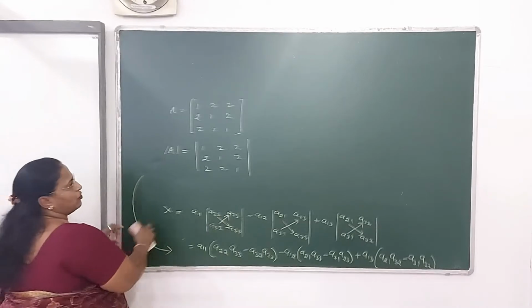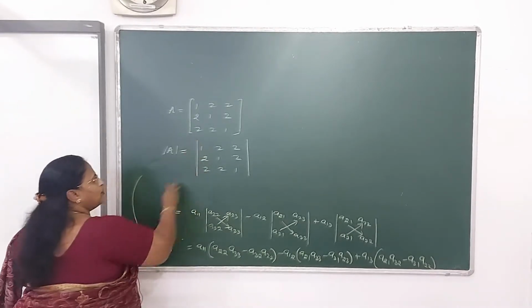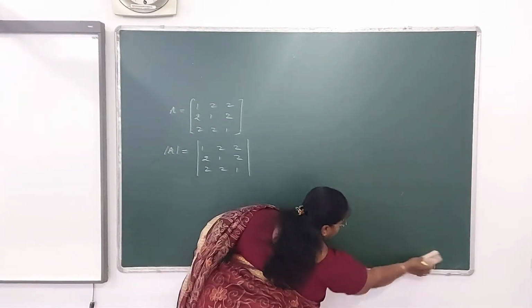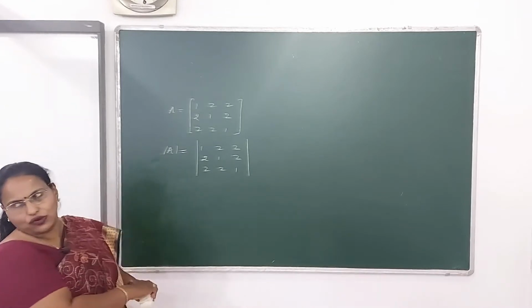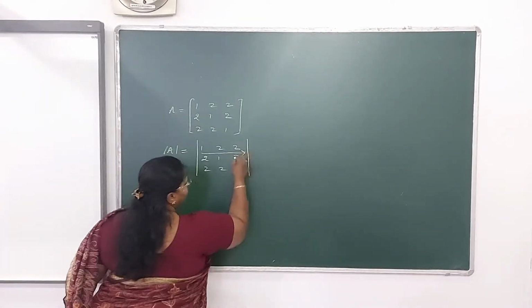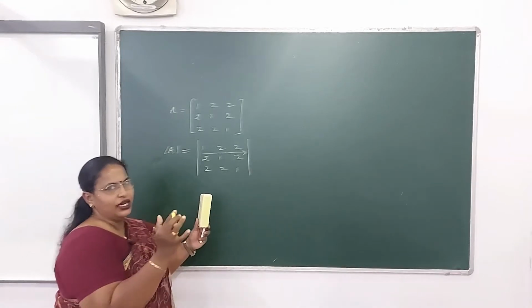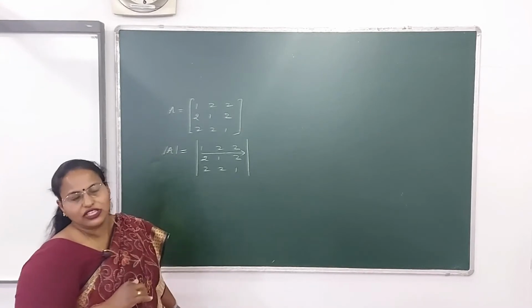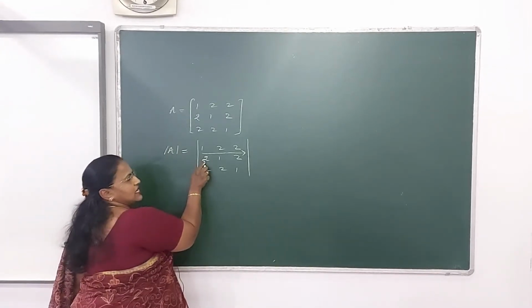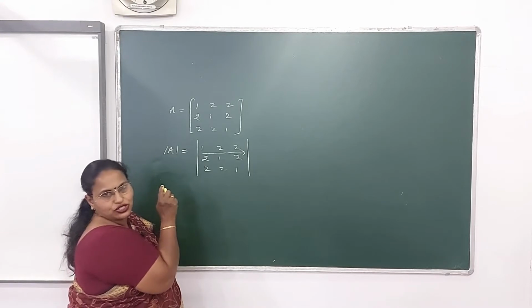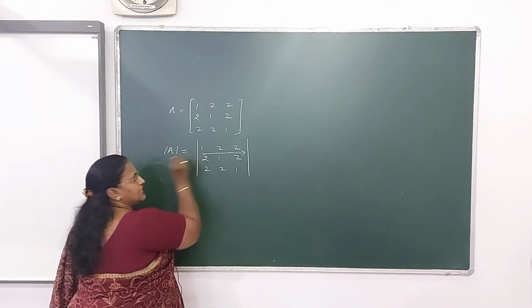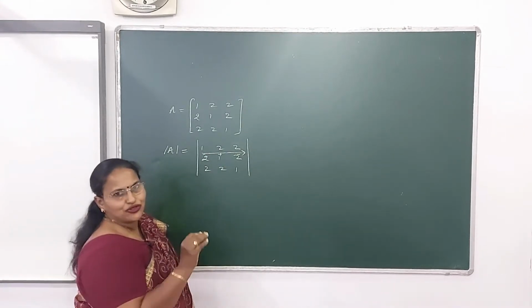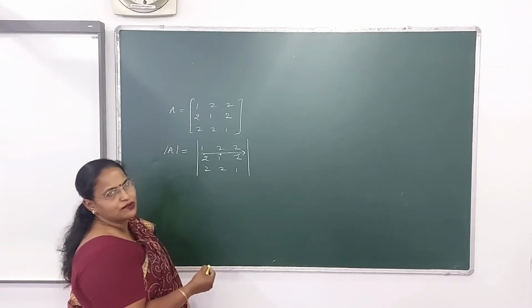So again just now I have told you any of the row or any of the column you can take. So let us go for the second row. Let us expand it by second row. So let us place an arrow here. Now whenever you are expanding, you should make it very much clear which sign you have to place. Like this is which position? This is A21 position. That means it will carry a minus sign. This will carry a plus sign and this will carry a minus sign. So you should make sure of this and then start expanding it.